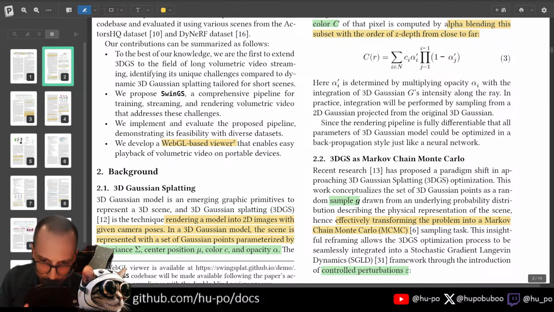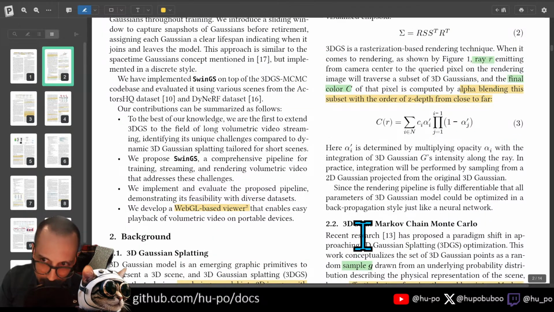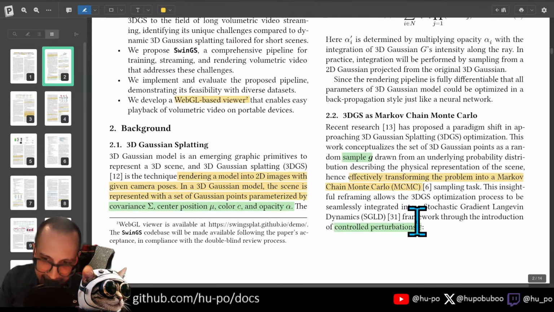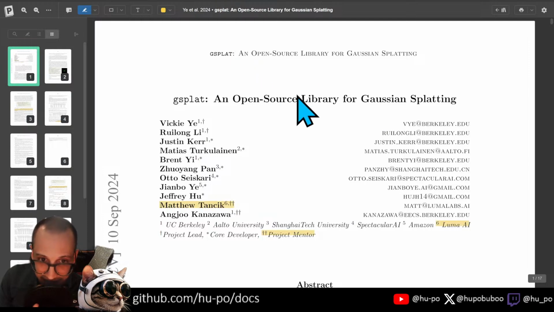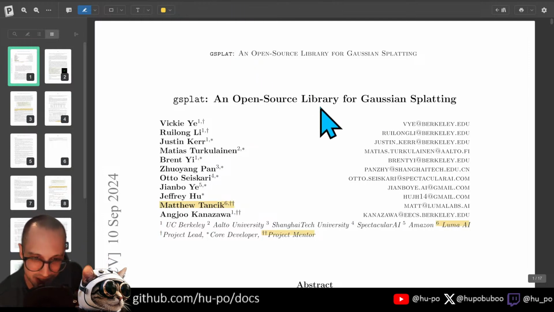And apparently, there's a way to think about Gaussian splatting as Markov chain Monte Carlo, which is kind of cool, right? And this appears in other papers as well. So for example, I mean, this is a little bit of a crazy stream. I'm bouncing back and forth between a ton of these different papers, so I apologize if it's difficult to follow along, but all